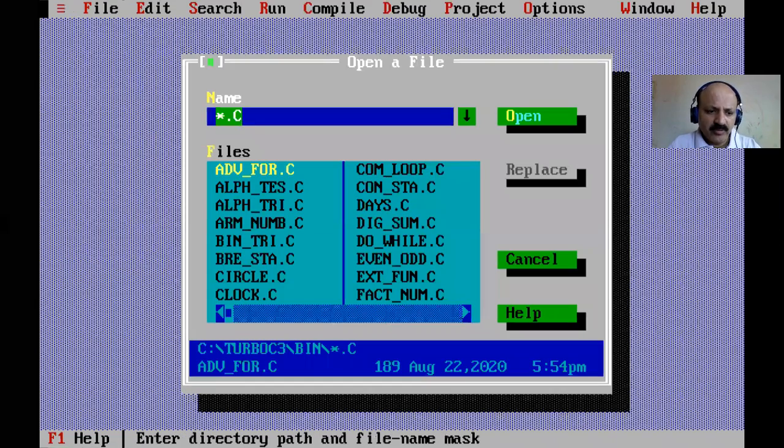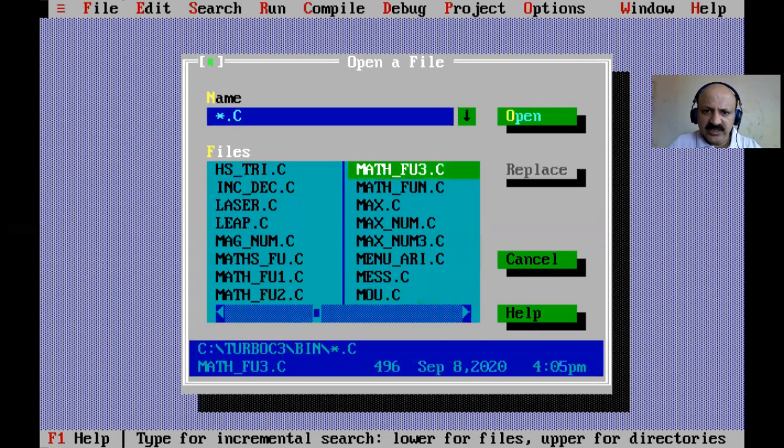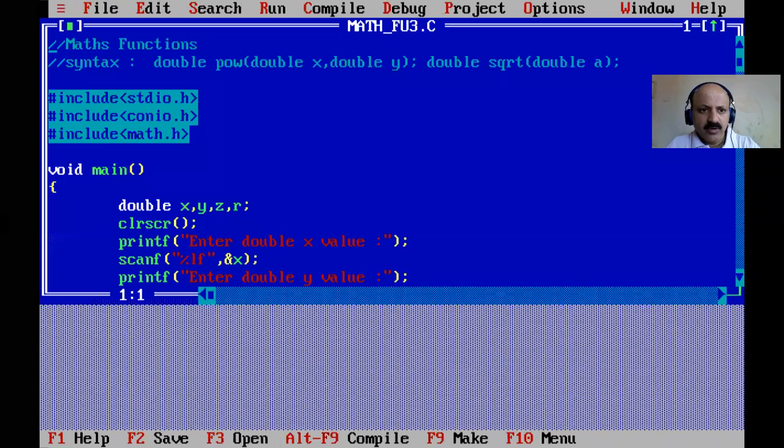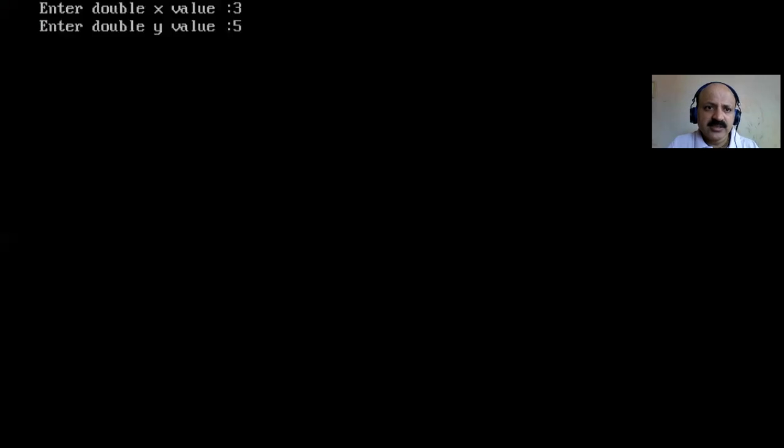Now we can open our file, maths fun 3, yes, that is our file. And now I run the same program, without any change. I compile and then run. So what happened? Yes. So here we can give 3 raised to 5. And 64 we had to pass last time. So here I give 81.